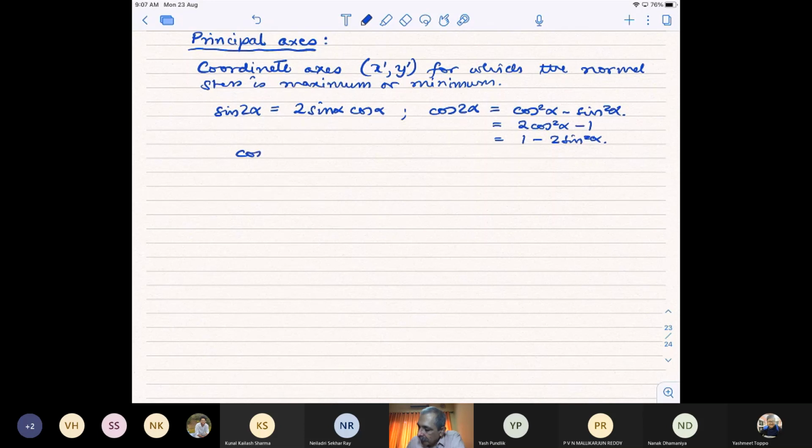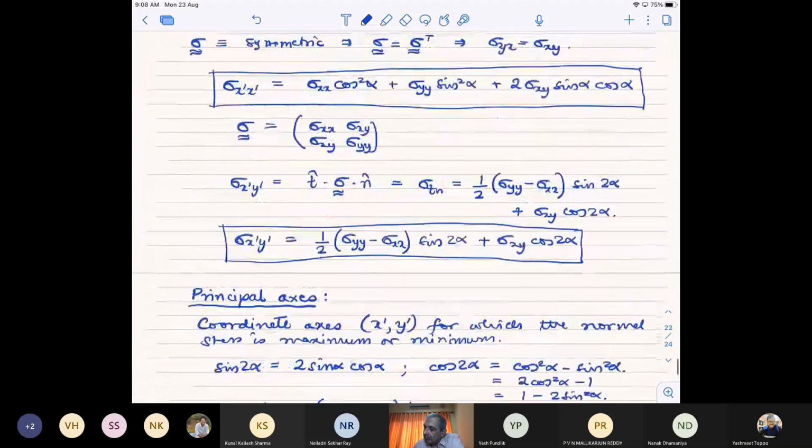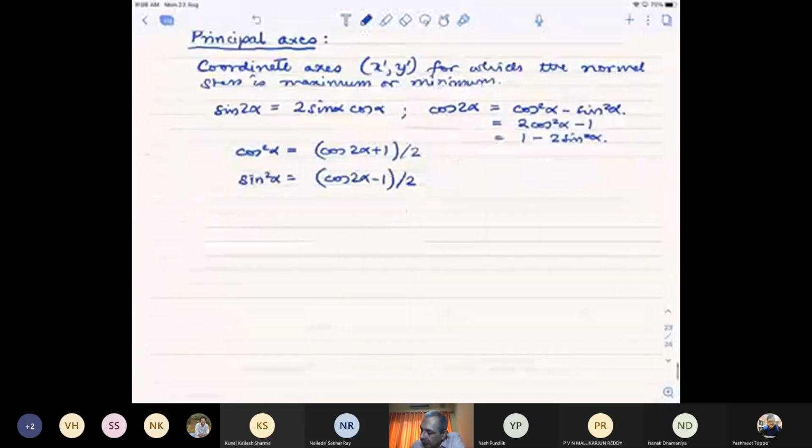So we can write cos squared alpha as cos of 2 alpha plus 1 divided by 2, and we can write sine squared alpha as 1 minus cos 2 alpha divided by 2. So this is what we will do, and so then our sigma x prime